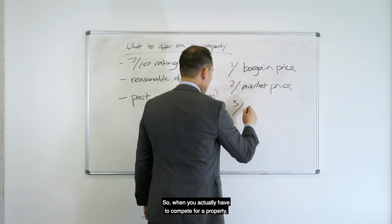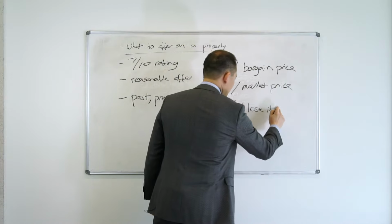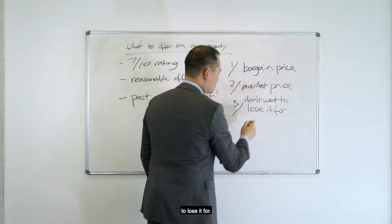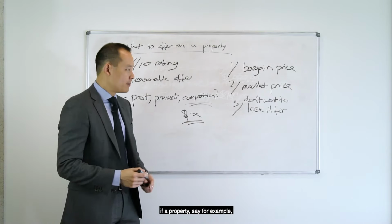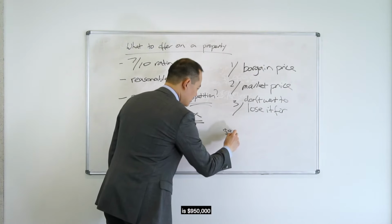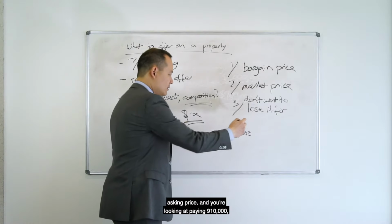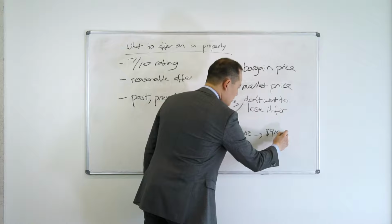So when you actually have to compete for a property, you want to pay a price that you don't want to lose it for. What I mean by that is, if a property, say for example, has a $950,000 asking price and you're looking at paying $910,000,